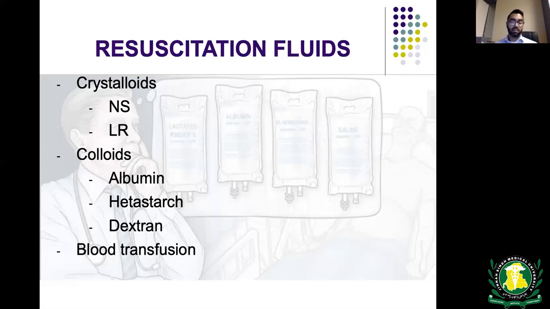But what's the ideal colloid? That's your blood. So if the patients don't respond to crystalloids, for example in a trauma setting, we typically use a rule of 2. So if the patients don't respond to 2 liters of immediate crystalloids, we start giving blood transfusion. And for blood transfusion,